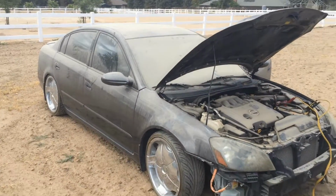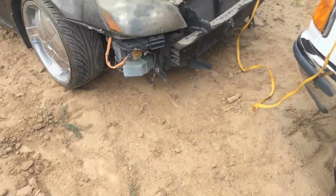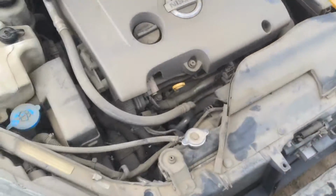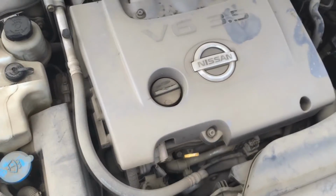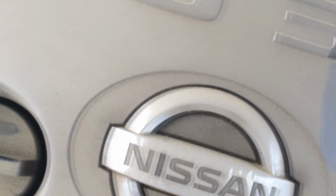Here's the Nissan. It's finally at my dad's house. Got the keys right here. Get to this in a minute. You guys can see I'm charging up the batteries. And right when I hooked up this one, the car alarm on this car decided to go off. So, yeah. Anyways,